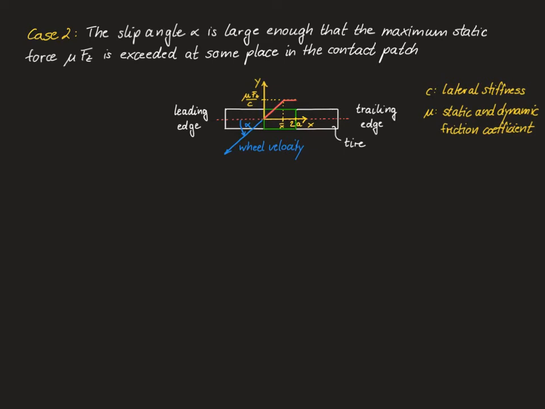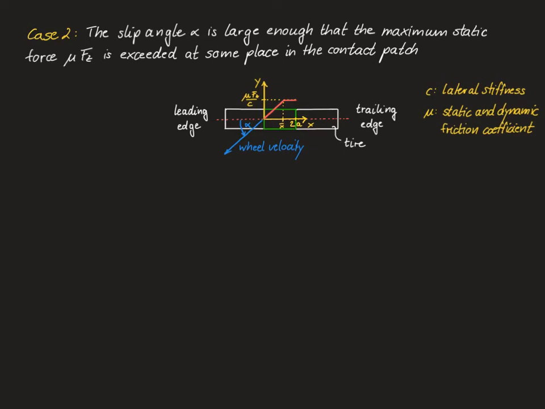the contact patch. The reason why the lateral force saturates in this part of the contact patch is not due to the lateral stiffness, but it's due to the fact that here the tire loses connection to the ground. And that's because the static friction limit in this part is exceeded. In other words, we have dynamic friction in this part. However, we assume that the static and dynamic friction coefficient is the same and it's given by this value of